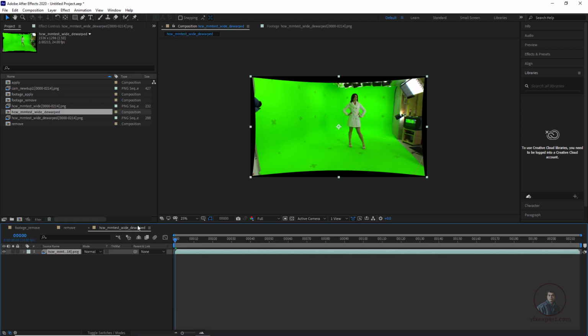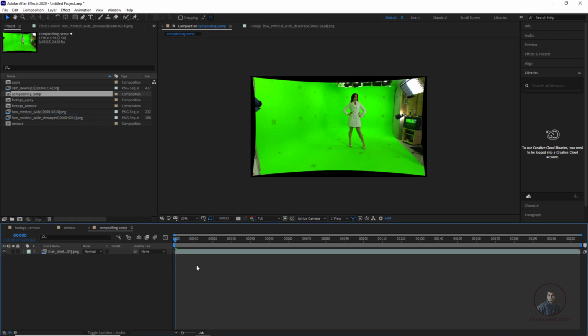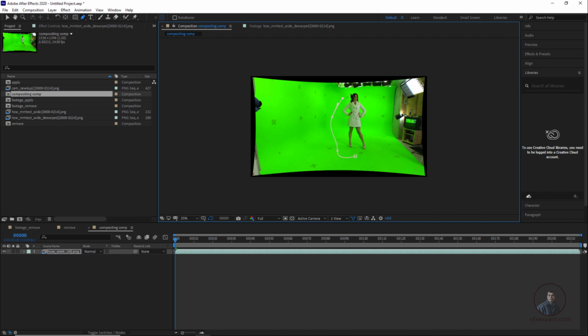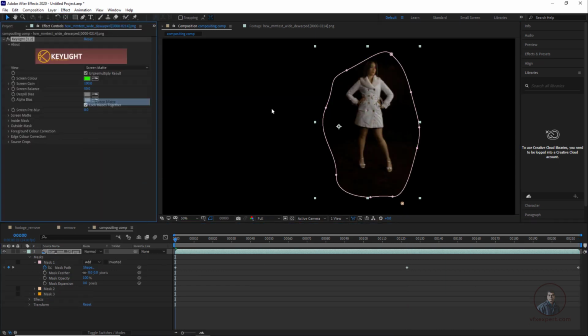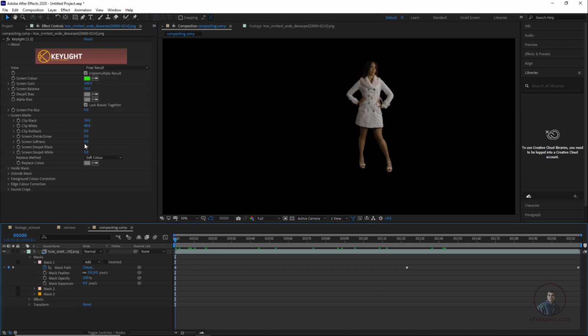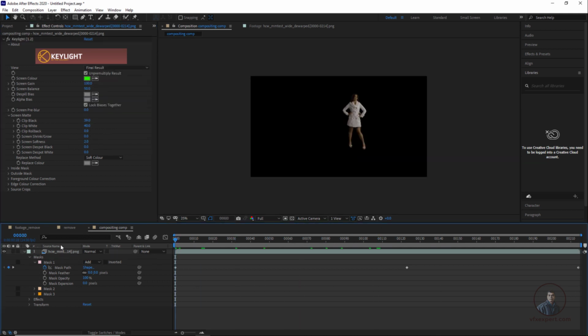Here I have created our compositing composition, remember this one. Inside this composition we will do compositing. If you want to rename, simply select it, press enter and give a name. Remember this guys, here we are doing compositing on our overscan frame size. Now first we have to remove this chroma, so just create a garbage matte first, then we will remove the chroma. Okay guys, now I have removed this chroma here.